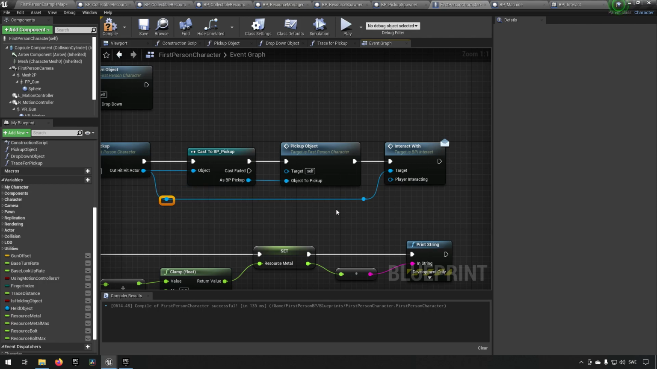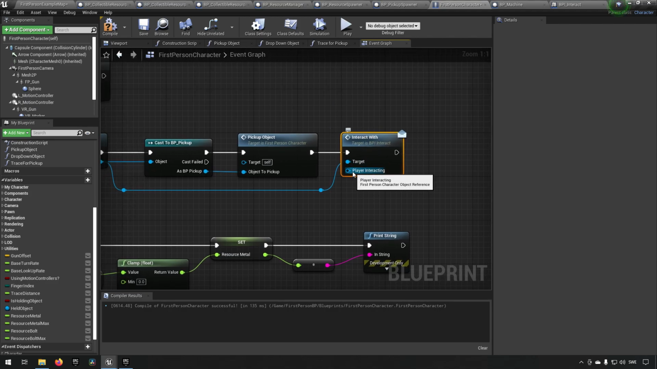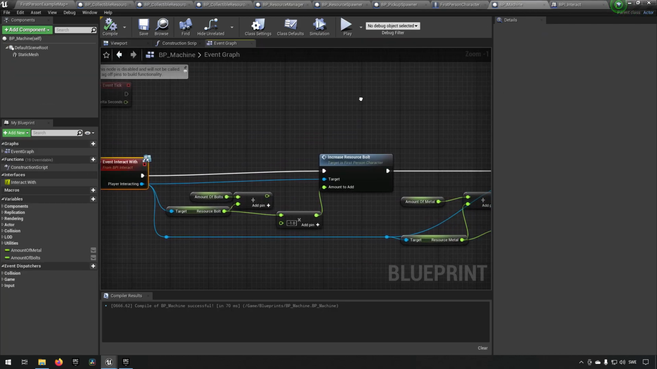And if it has an interface, it's going to do whatever the interface says on that class or blueprint, and otherwise it's not going to do anything and it's just going to proceed. We want to send in a reference to ourselves because we are the player that's interacting. And to debug this, we want to say something like